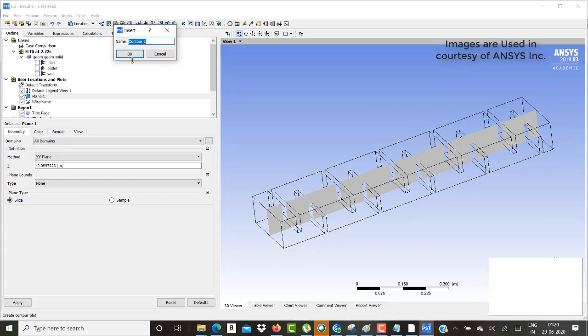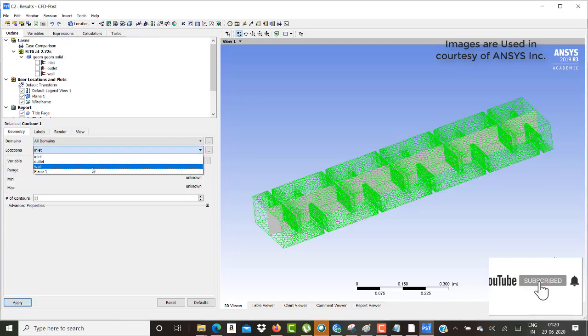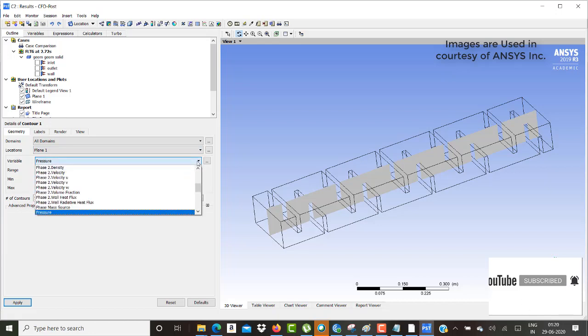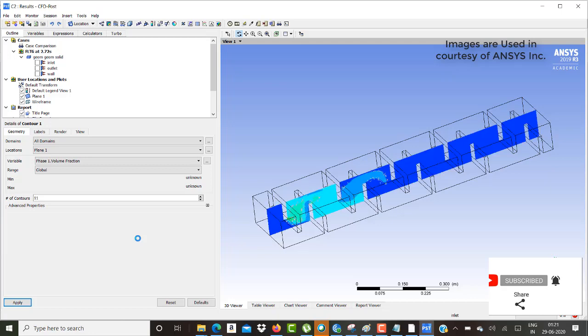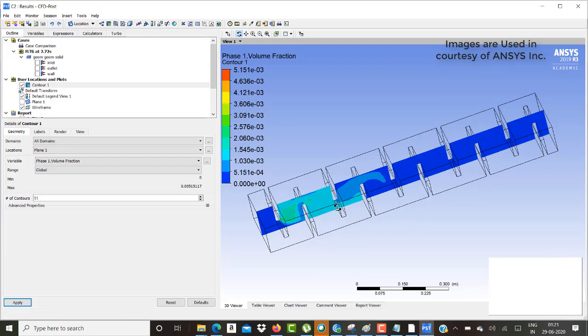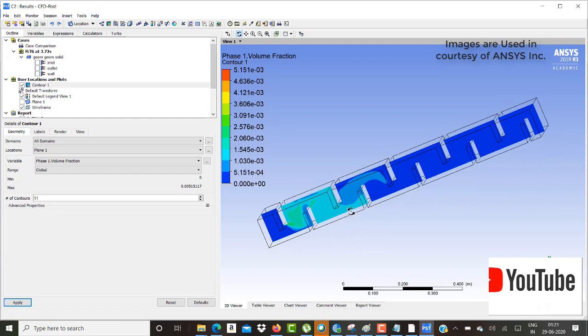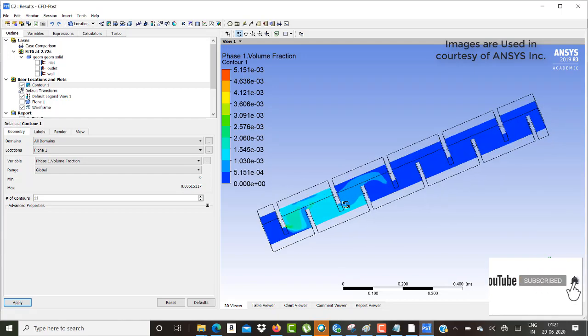And I'll try to contour across the plane with phase 1 volume fraction as my variable. I think you can see, right, how the water fraction is being observed. Phase 1 is nothing but the liquid water.